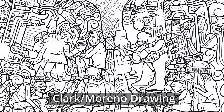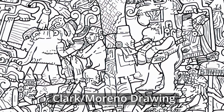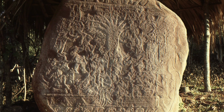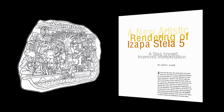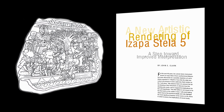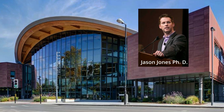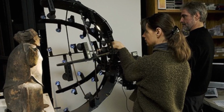Does this new rendering of Stela 5 truthfully take us back in time, where we can discover for ourselves what the creators of Izapa wanted to teach us? Or are we being misdirected? Let's investigate. Dr. Jason Jones, with a grant from England's prestigious University of Warwick, used emerging technology to examine the